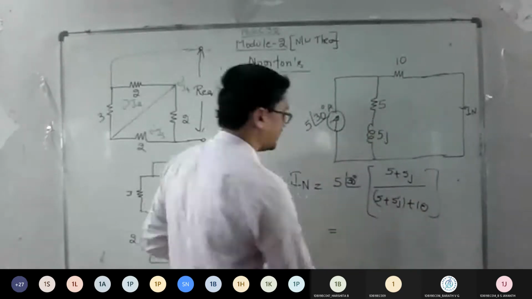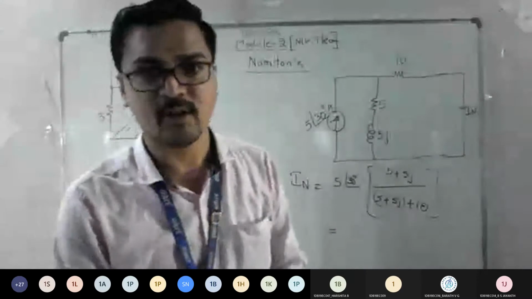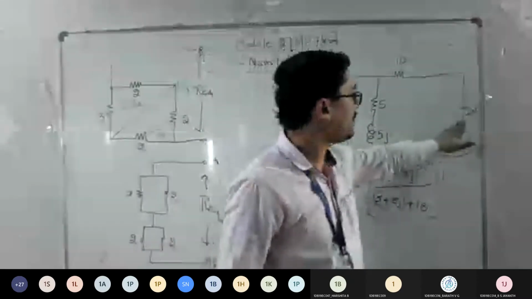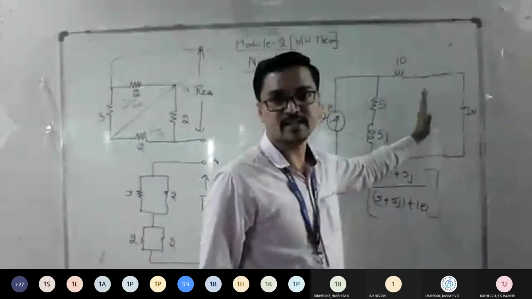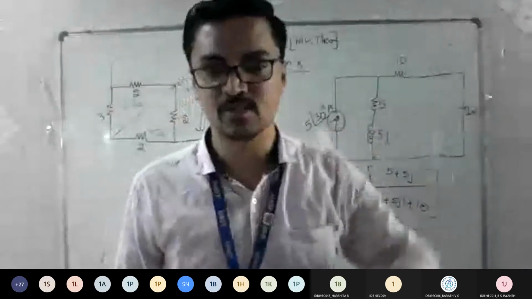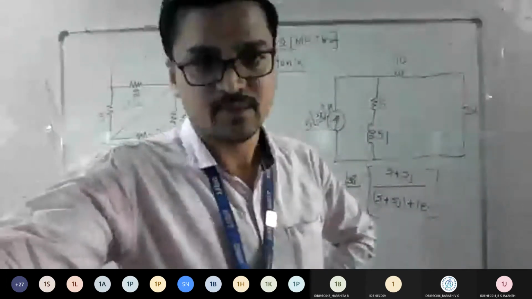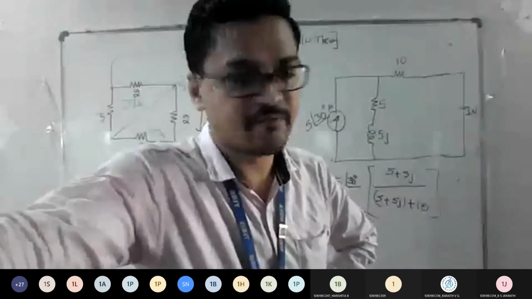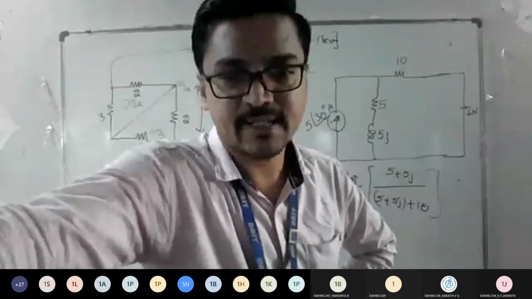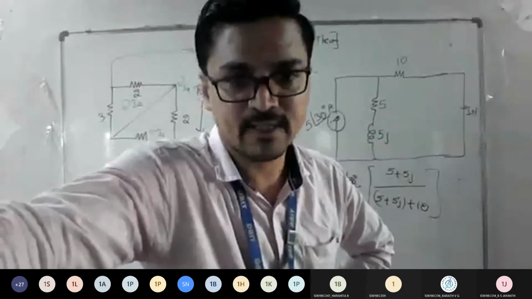Calculate this and tell me what is the answer. I hope everyone got the logic I told. If you find any wire parallel to any circuit, it is called redundant because there is no flow of current. So you should be very careful with this logic. If you apply it blindly and get the answer, you will not get marks.